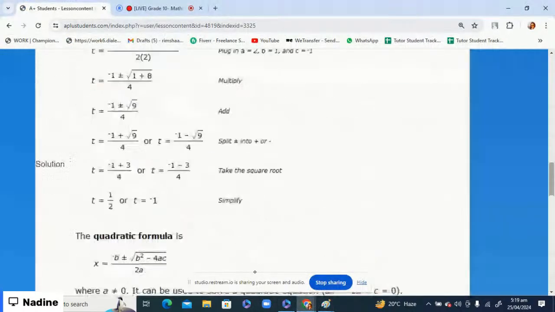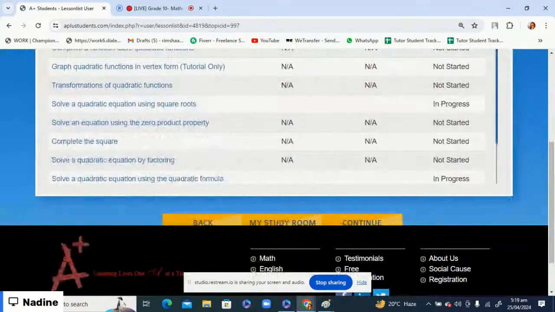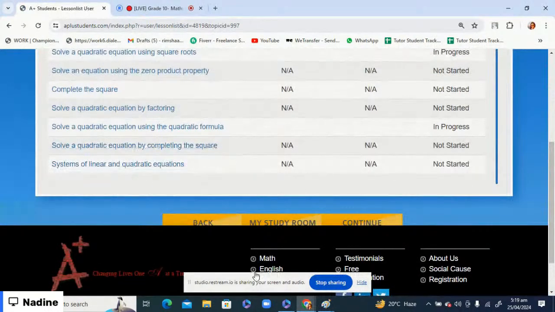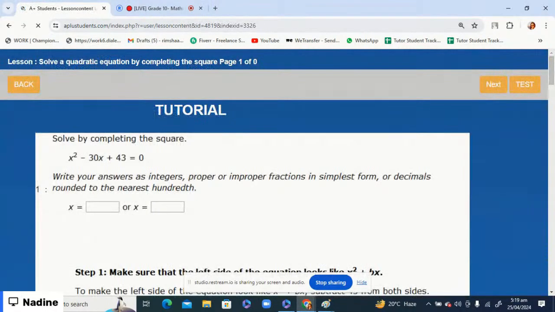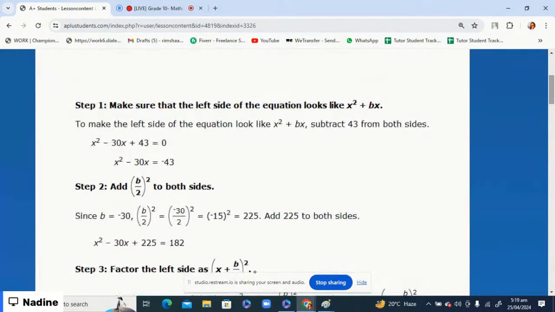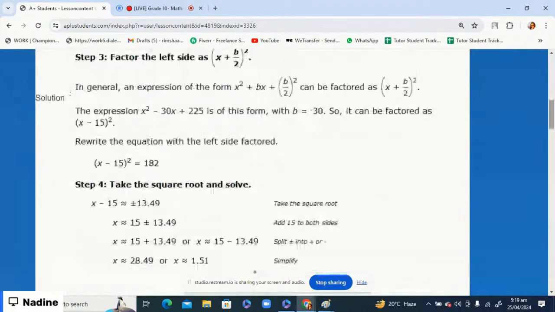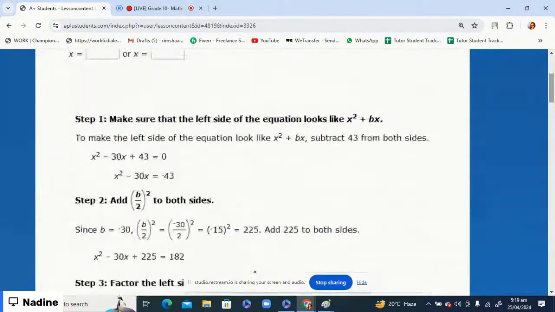Okay, let's do the next lesson. Hope you guys understand this one. Solve a quadratic equation by completing the square. This is, you can say, a bit of a change. These are all the steps, one by one we follow the steps and then we are going to solve the questions. Okay,